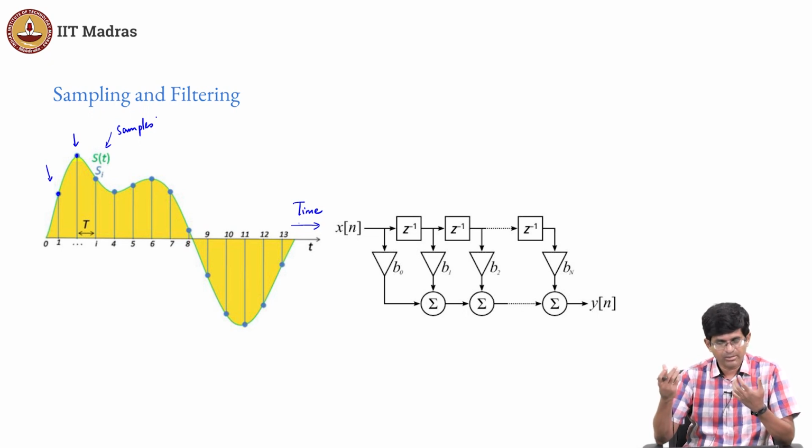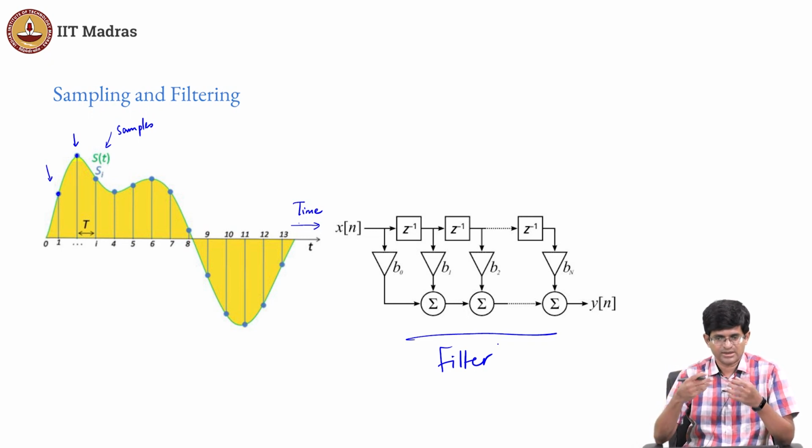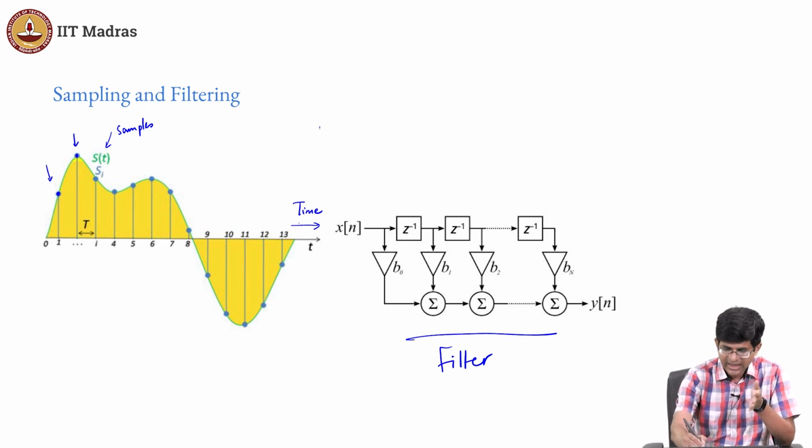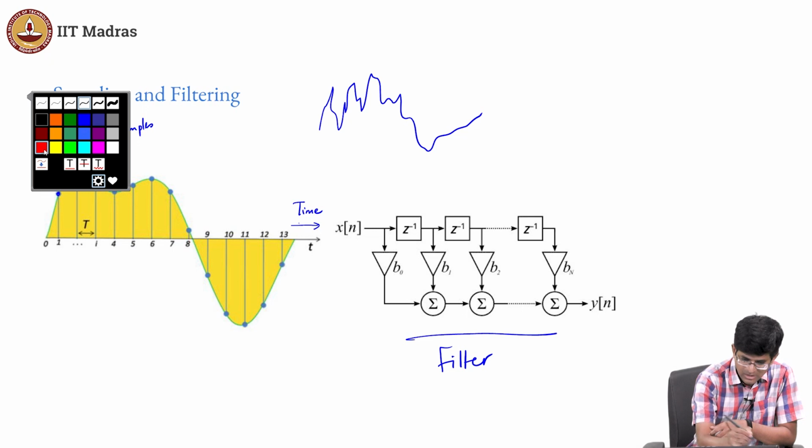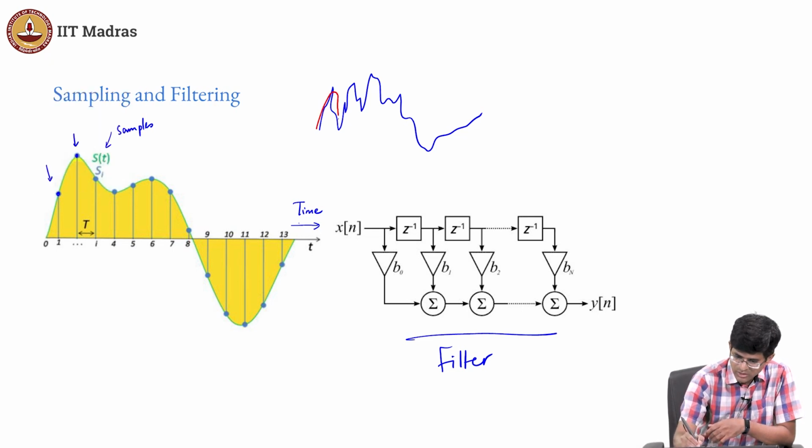Now, one of the most fundamental operations in this kind of signal processing is what looks like this, right? It's called a filter. Okay. So what does a filter do? The simplest kind of filter that you can think of is, I have these numbers that are coming in one by one, just start averaging them together. Okay. So take, let's say, a running average of the past 3 or 4 or 10 samples, right? Let's say that I had a signal which looks something very noisy like this. What do you think will happen if I start averaging it? I should expect to see something which looks a little smoother.